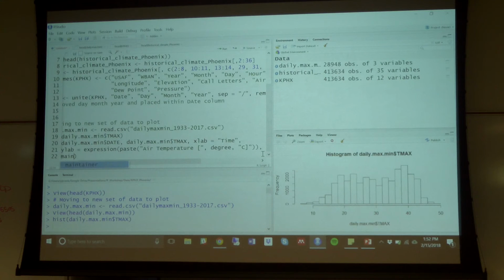So then main is what you title the graph, basically. We'll say max. Okay. But that is a typo. Okay. So then